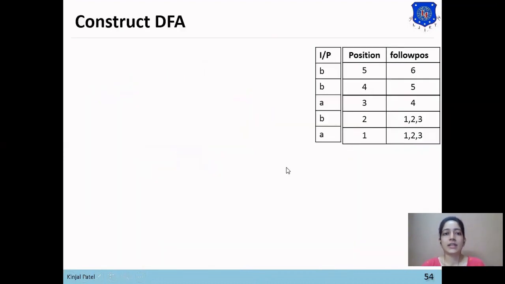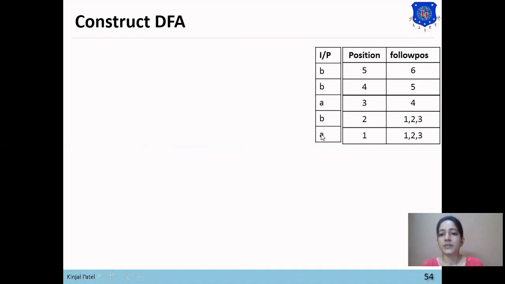Now the last step is to construct the DFA from these follow positions. Here you can see the table which has each position and its follow position. These are the input symbols which were given in the regular expression.